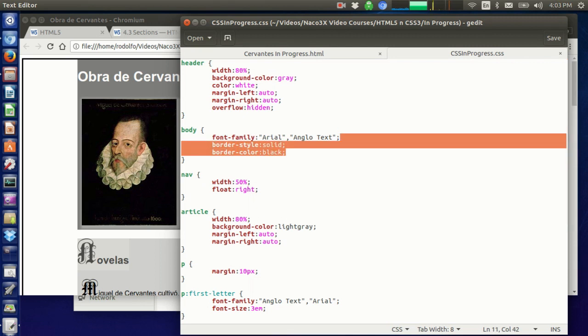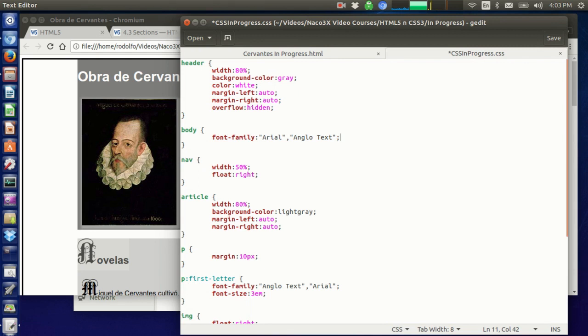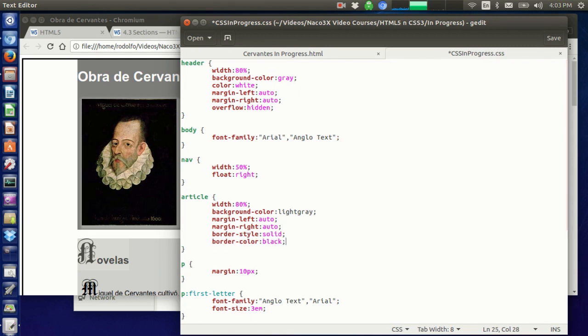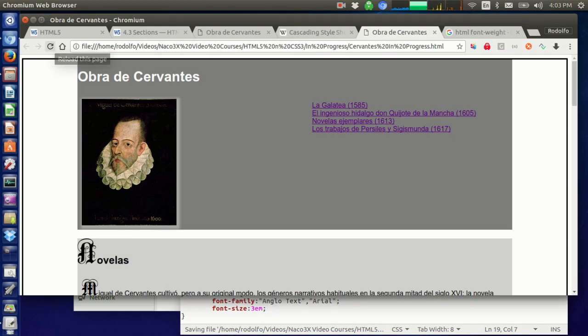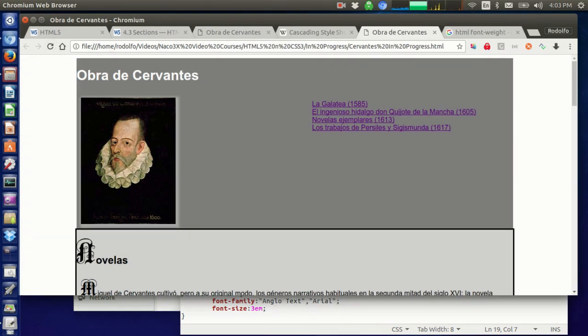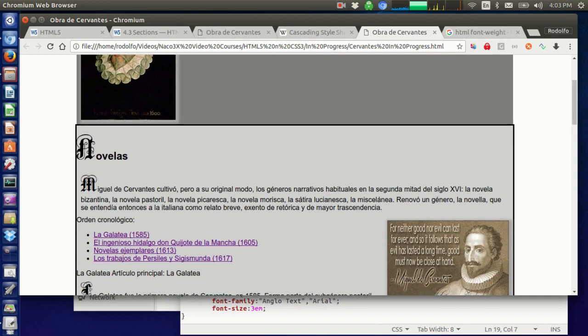So let's cut it from there. Now let's try it on the article. Okay, so now we have it here. We save, we refresh. I kind of like it a little better. It's not my favorite, but